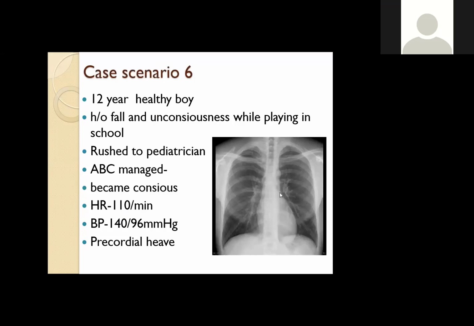Rajiv sir has written. Okay, Tushar has written coarctation of aorta. Correct, correct. So what we can see over here is sign of 3. This is a post-stenotic dilatation of the aorta. So if you look at this X-ray generally, you will see it's a normal X-ray, nothing there. But if you correlate with the history and the blood pressure findings, you will be able to diagnose that it is more likely a coarctation of aorta.